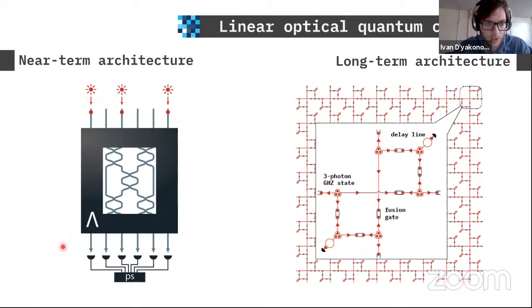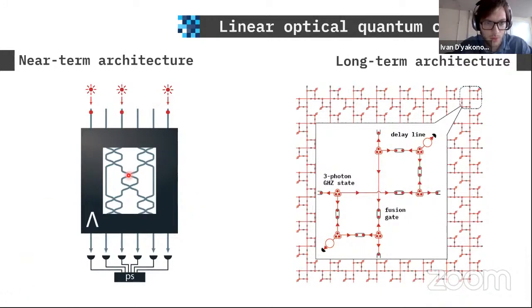Then we have some linear optical circuit in between. And in the very end, there is an array of detectors, some coincidence logic, and sometimes there is a feedback loop from the coincidence logic to the integrated circuit to modify the circuit